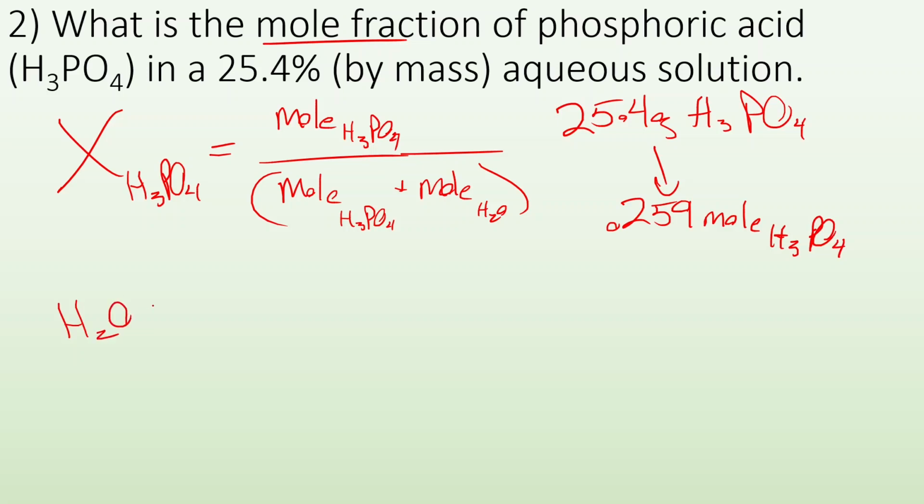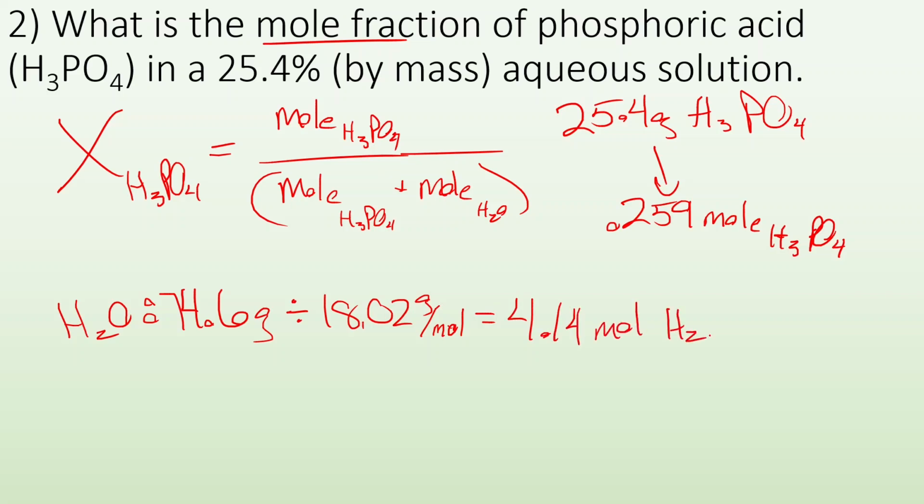Well, the rest of it was H2O, so I have 74.6 grams of H2O divided by the molar mass of 18.02 grams per mole. That will tell me how many moles of water I have. So when I do that, I end up with 4.14